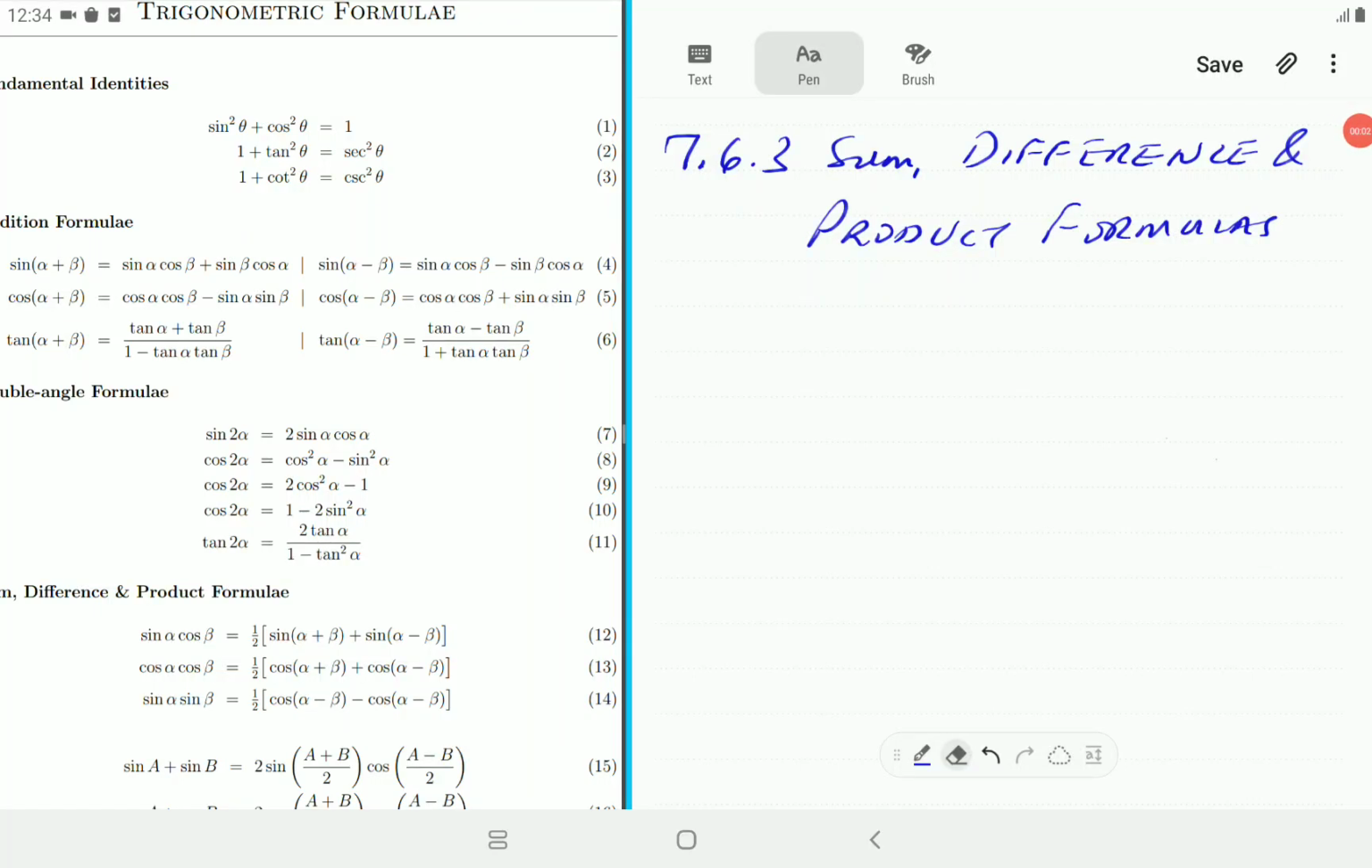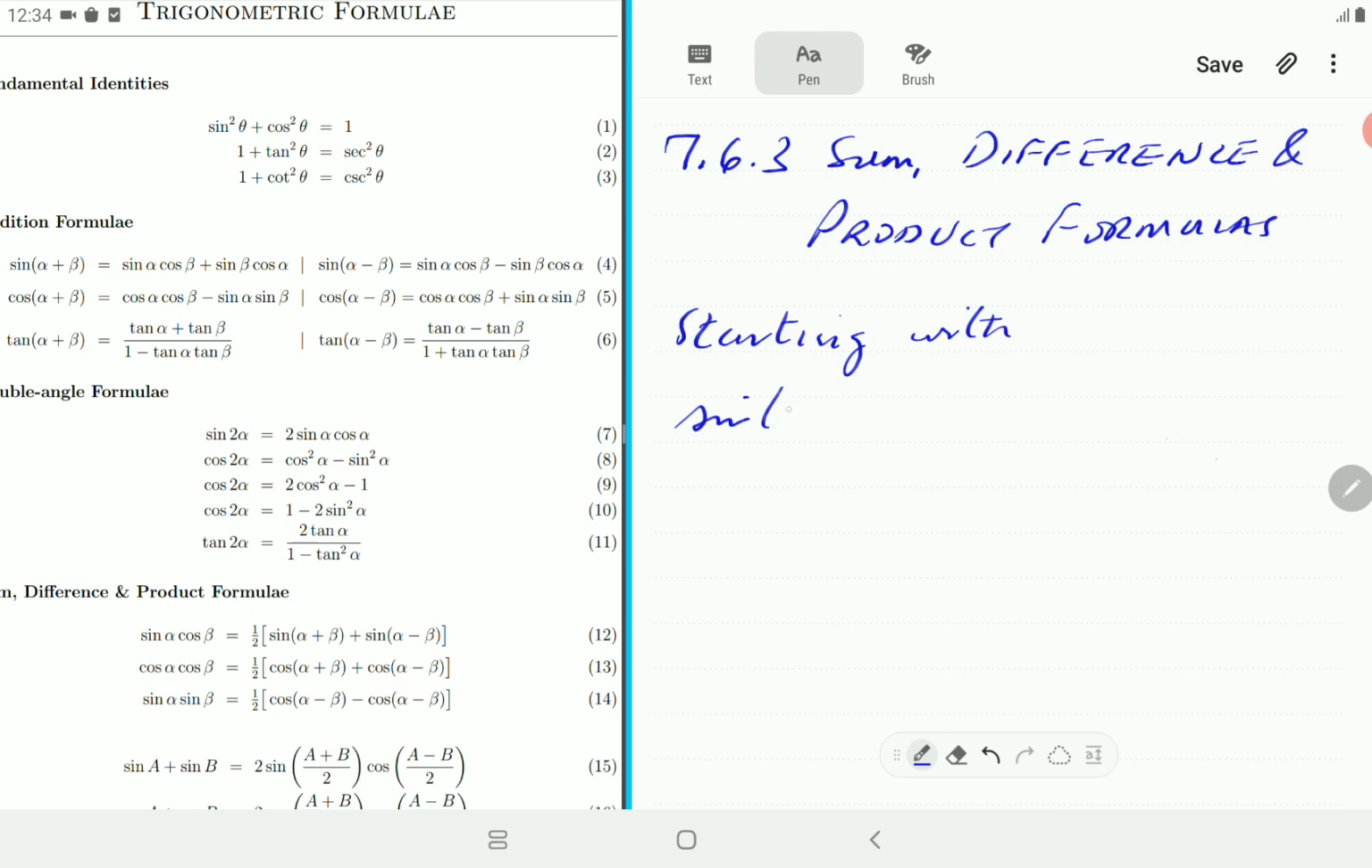Okay, in this video we're going to derive the last group of trigonometric formulas. They are called sum, difference and product formulas. So we're going to use some of the formulas that we've already derived. So for instance, starting with the